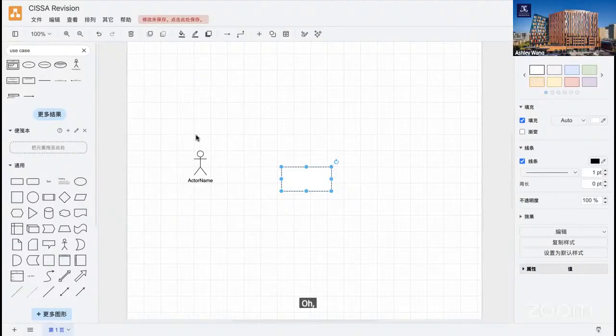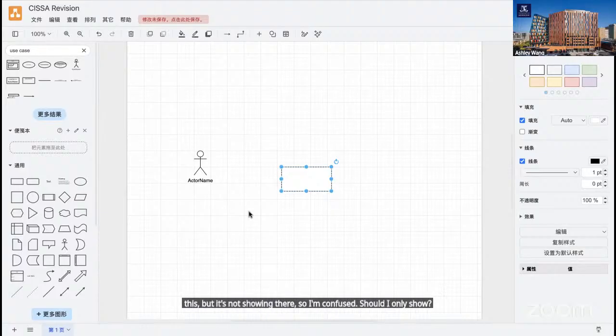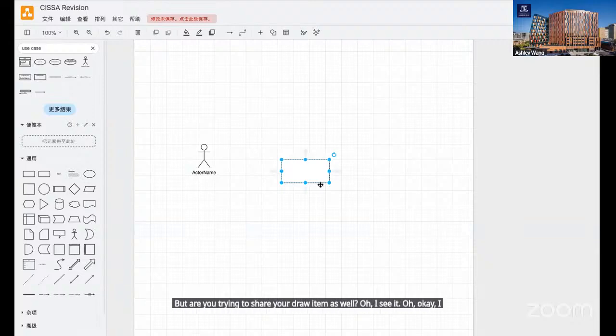Usually my cable's not popping up. I'm trying to share like this, but it's not showing there, so I'm confused. Are you trying to share your draw.io as well? Ah, I see it. Okay, perfect. Thank you, thank you.